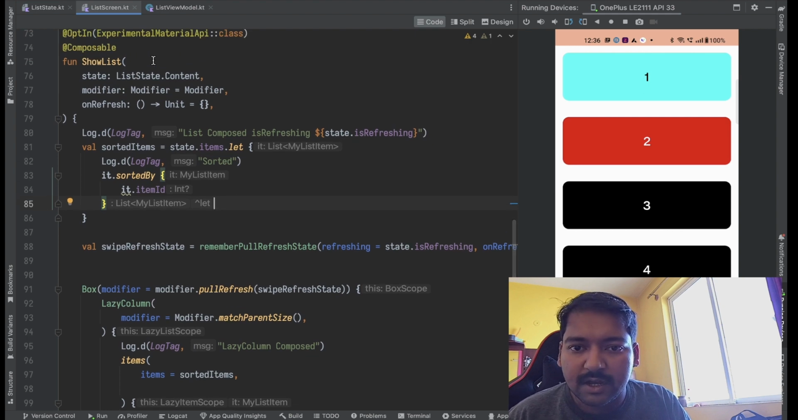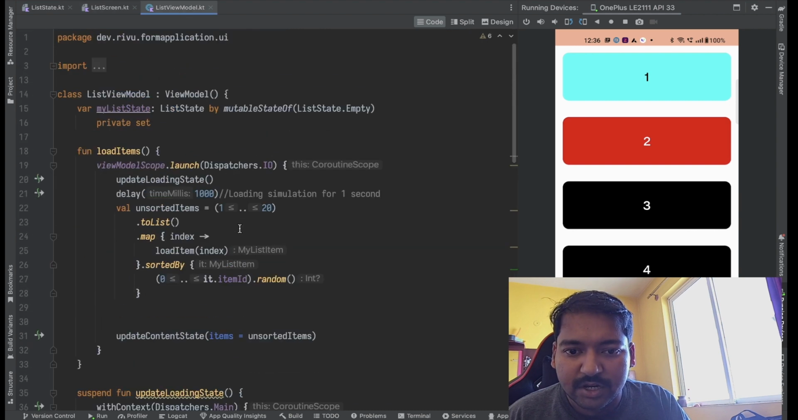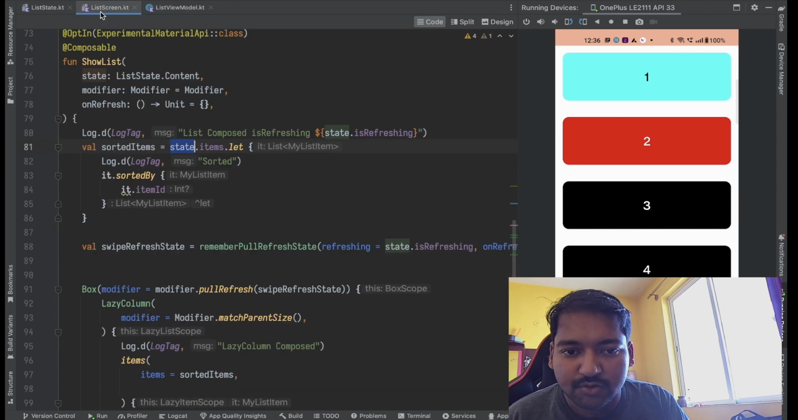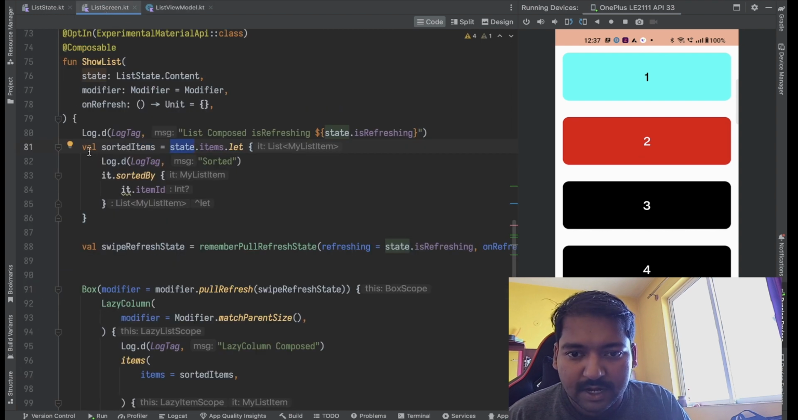So here's the composable that actually displays the list to our screen. And here you can see that I am sorting the list. Why? Because I am intentionally sorting them out of order so that I can show you how to optimize this, right? I want the items to be displayed 1, 2, 3, 4, 5, 6 like that, and the view model is returning unsorted items. So here I am sorting them,